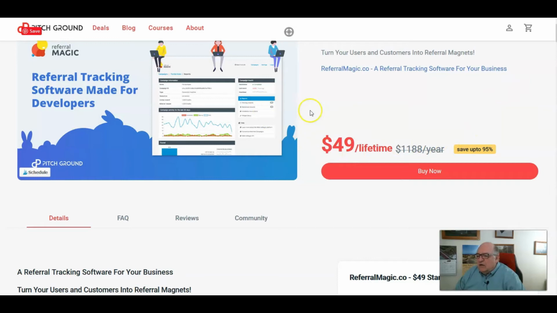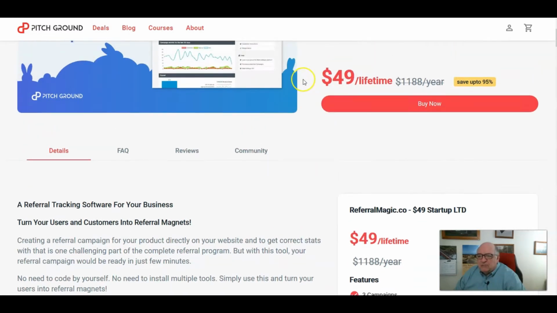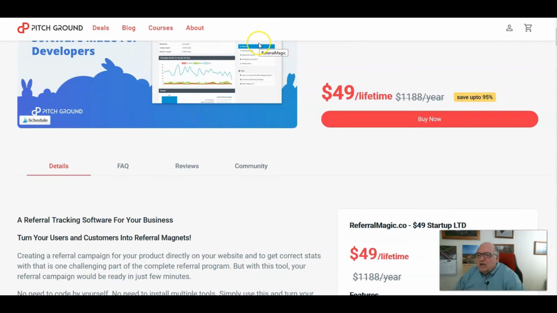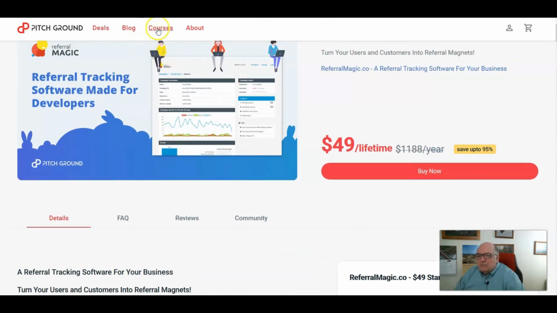They again work on lifetime deals a lot, or special deals. Techie type deals, which is what AppSumo does very well, not so much the broad-based men's, women's type products, things like that, but more technology based.